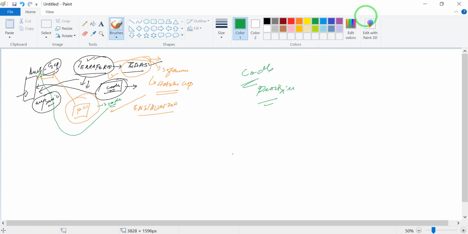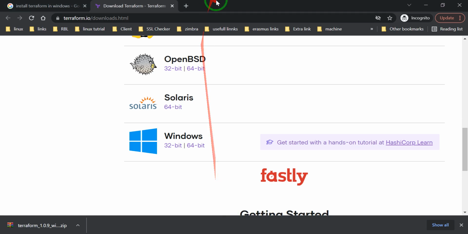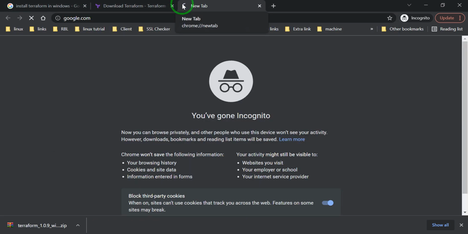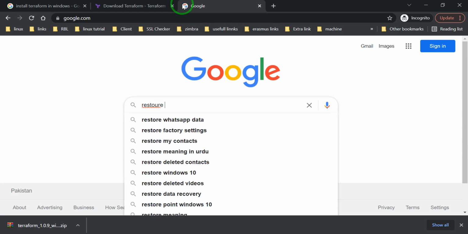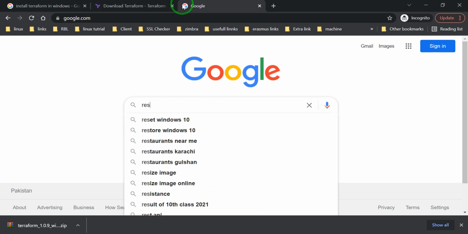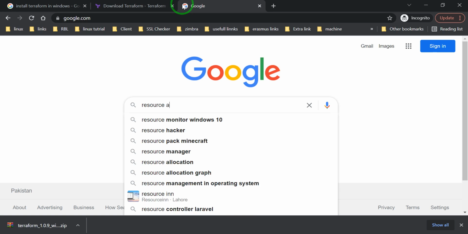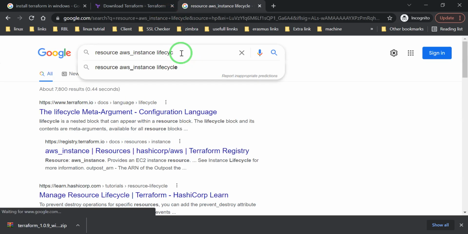For that I have to go into my Visual Studio Code. I have already written the code, and you can get this from Terraform. You can go to Google and search for resource AWS instance with the help of Terraform.